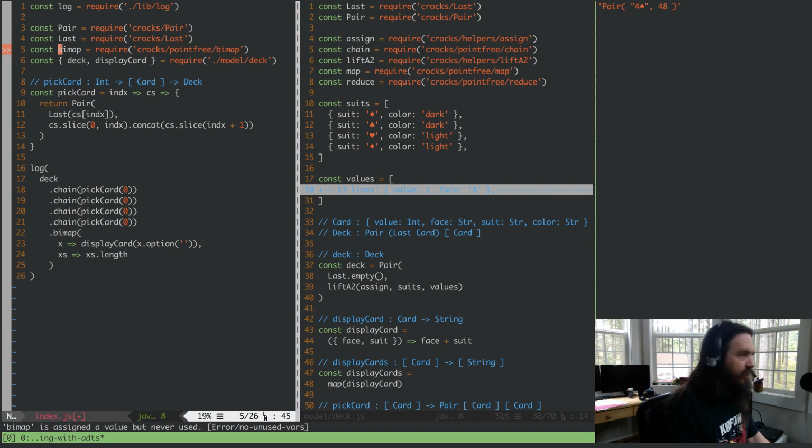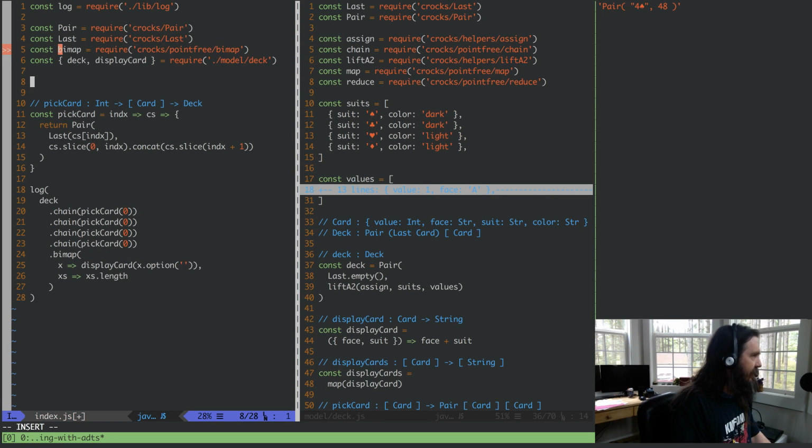And what this is going to do for us is we can now write a function like this. So we'll do const look, and we'll just call it look, why not? And then that's going to be a bimap of, and then we just take this stuff,